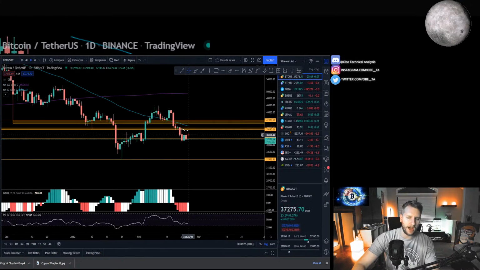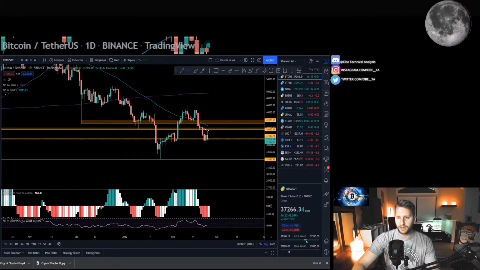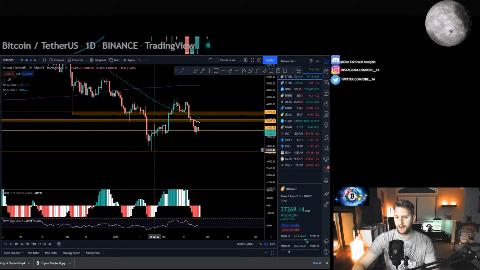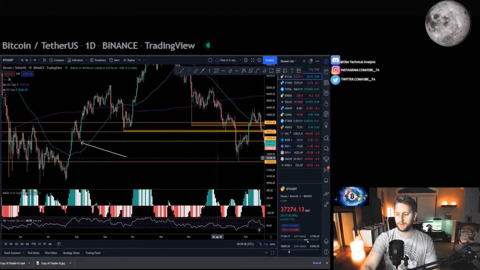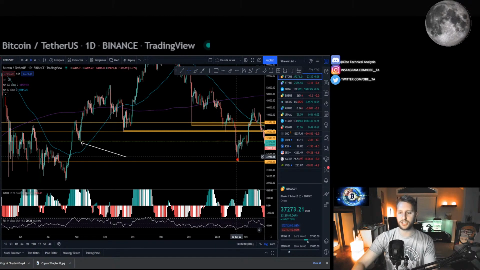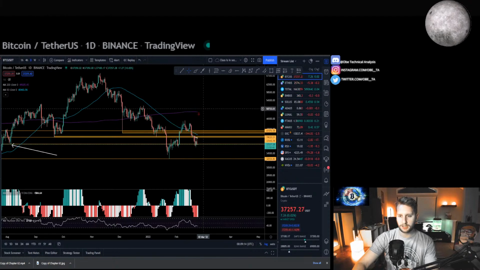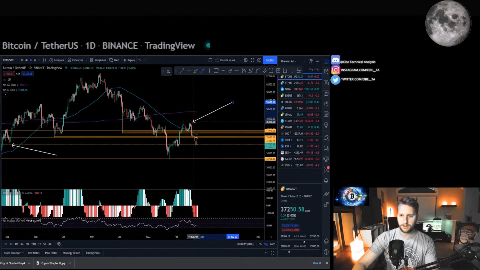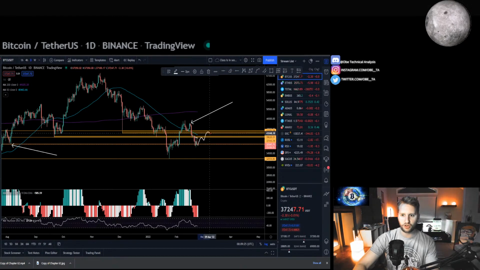So the fact that you got above 37.4 and you're now below it again, at that point with the hidden bearish divergence, it's like you just go to 32.9, right? Just go back to this low from January 24th, okay? That makes much more sense than a rally up from this point to all-time highs or to even retake 45,000 again. You have to retake this high back here in order to be bullish on the asset, and you need to get through all of this crap to get there.